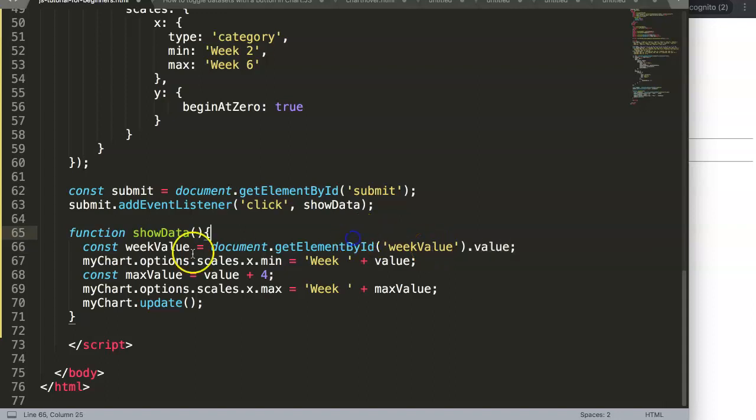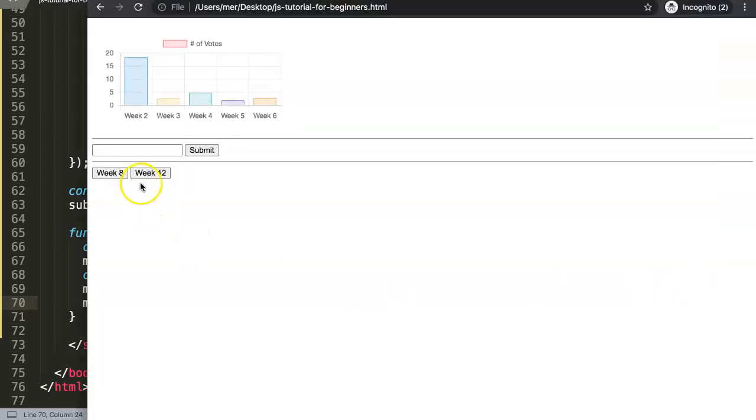We want to extract the value here, so the week value eventually will be in here, and then we can say here plus value, max value would be eventually whatever we have here. So it's plus this, plus 4. Alright, so once we save this, this will update again, and now we should have expected, let's do here 1,